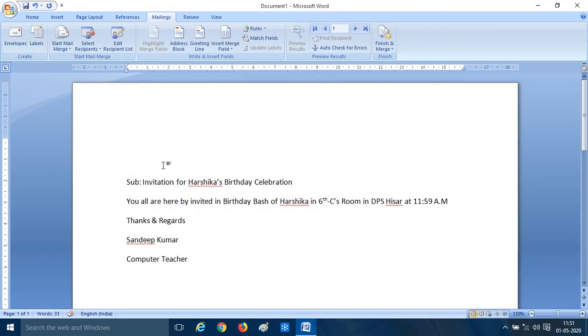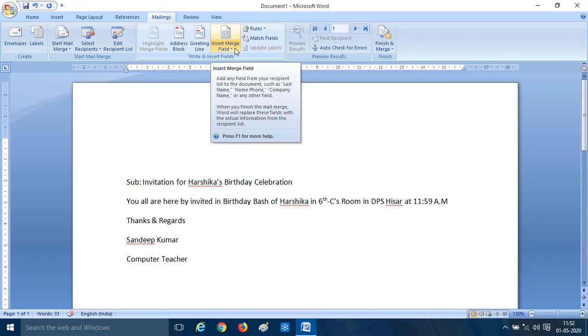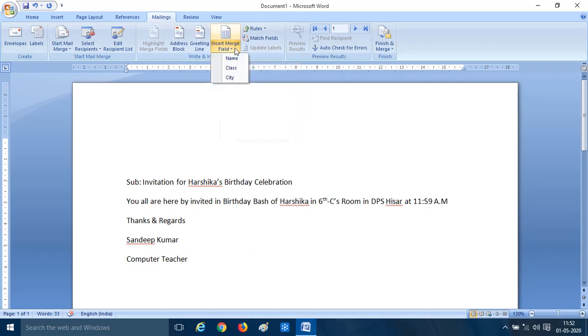Now next step is we have to insert merge field. The fields which we have created in our table, we have to insert in our main document. So for doing that, come to this insert merge field option. Then the first field name was name. It's done. But remember, where these things are coming, there only all the things will appear.